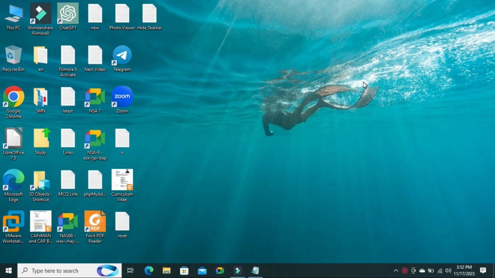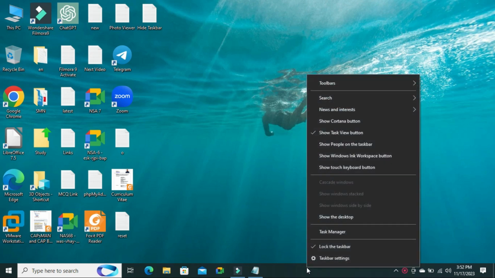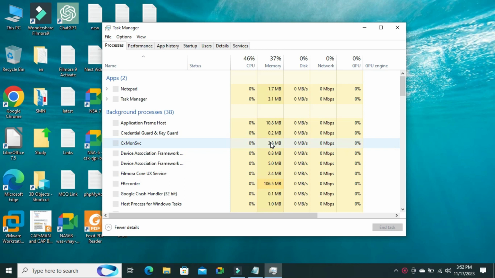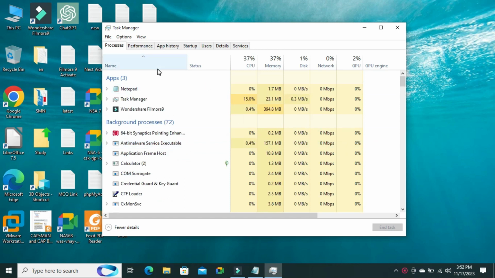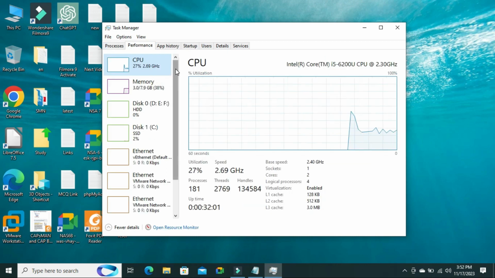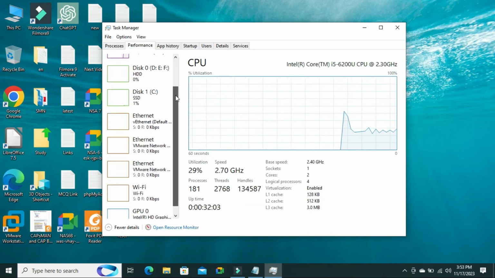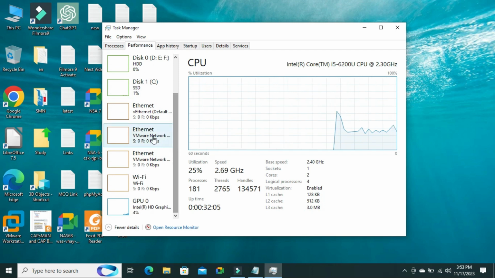To monitor GPU utilization from Task Manager on a Windows 10 computer, right click on the Taskbar. Now click on Task Manager. Task Manager has been opened. Now click on Performance. Now scroll down and you will find the last option is GPU. Click on GPU